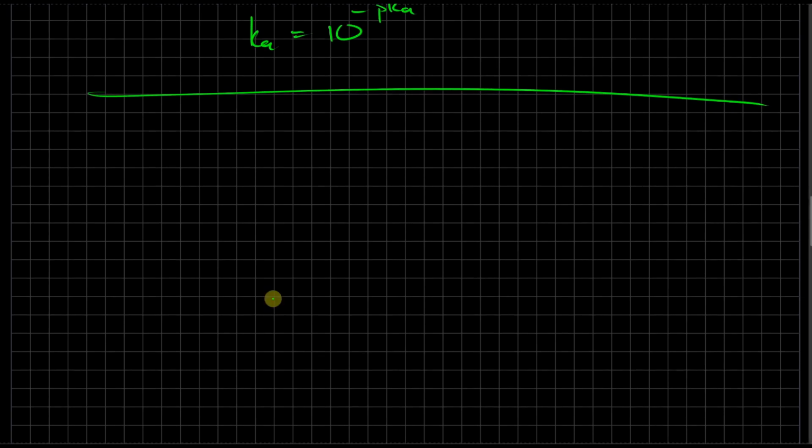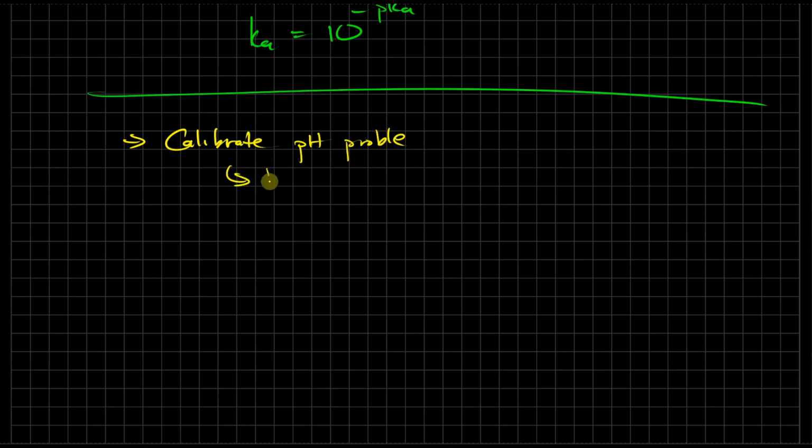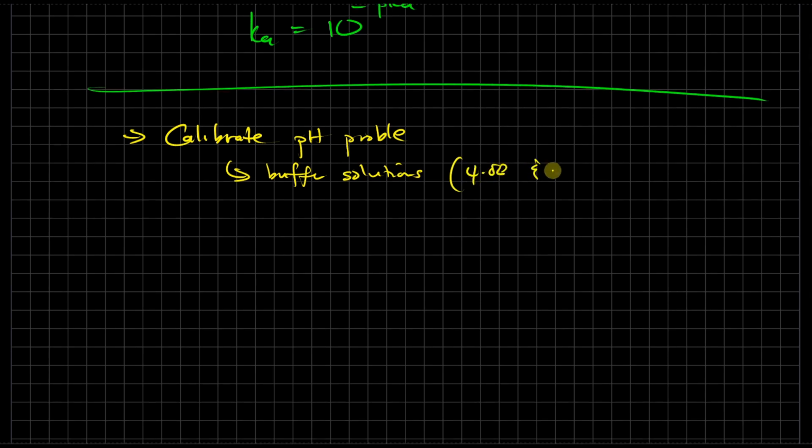Some things to note here, we'll be using a pH probe. So you need to calibrate your pH probe. And to do that, you'll need to feed it buffer solutions where we exactly know the pH of those solutions. And since we're going to be dealing with a weak acid, we want to calibrate it to accurately find a pH of weak acid. So we'll have two buffer solutions, one at 4.00 pH and one at 7.00 pH to